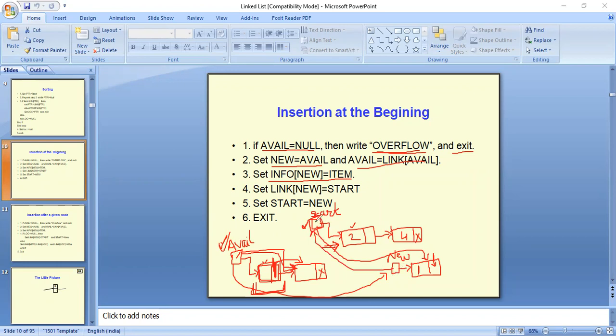So now start will be holding the address of our new node, and the new node will be holding the address that was previously held by start. So this is 1, this is 2, and then we have 4. This way we have attached one new node into our list.